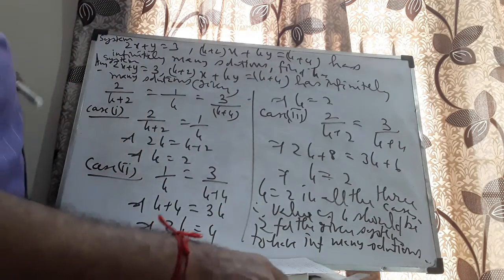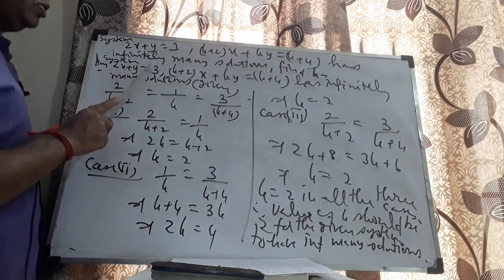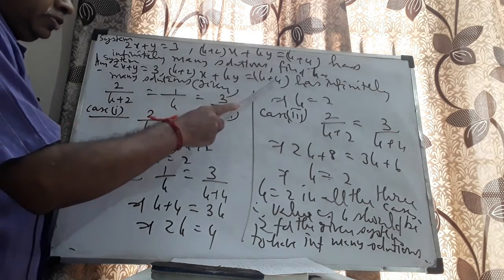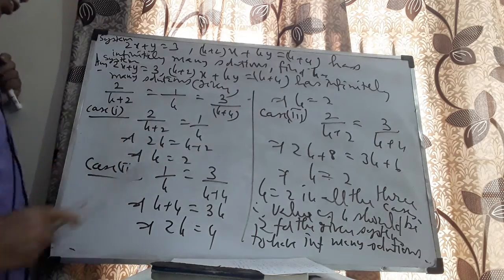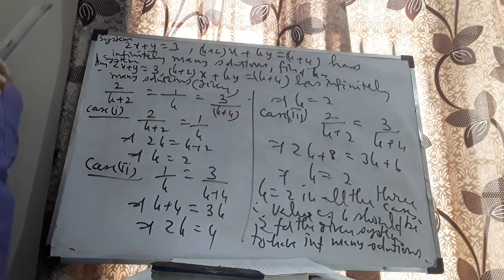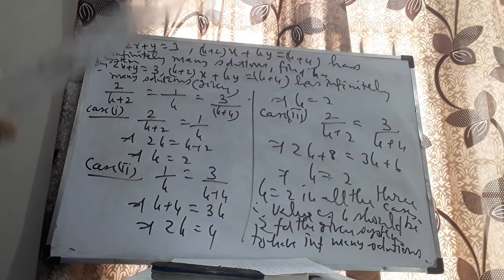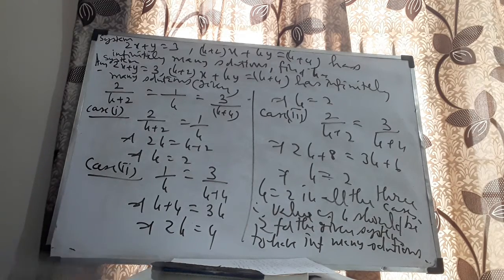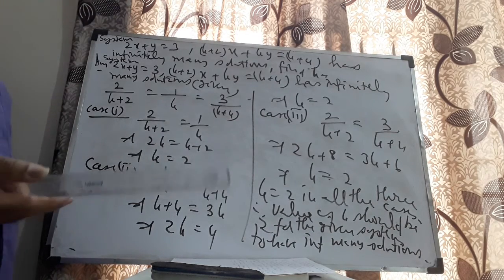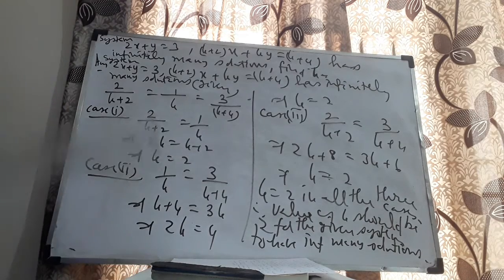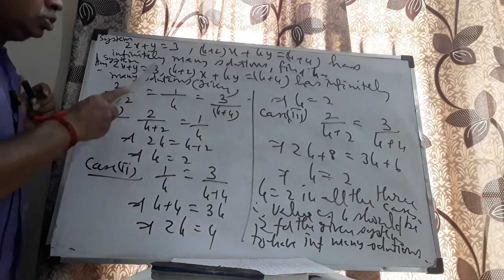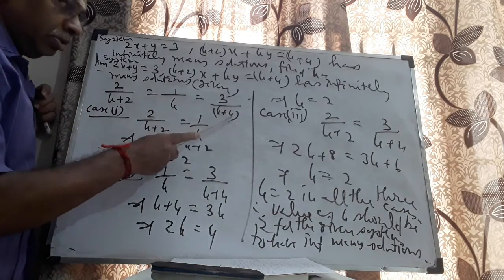Let me repeat the problem again. 2x plus y is equal to 3, (k plus 2)x plus ky is equal to k plus 4. This system has infinitely many solutions. It is given to you. Just recall, if a1x plus b1y is equal to c1 and a2x plus b2y is equal to c2 are given, and a1 by a2 is equal to b1 by b2 is equal to c1 by c2, there will be infinitely many solutions for the given system. Conversely, if the system has infinitely many solutions, I'll have a1 by a2 is equal to b1 by b2 is equal to c1 by c2. Therefore, I'll get 2 by k plus 2 is equal to 1 by k is equal to 3 by k plus 4.